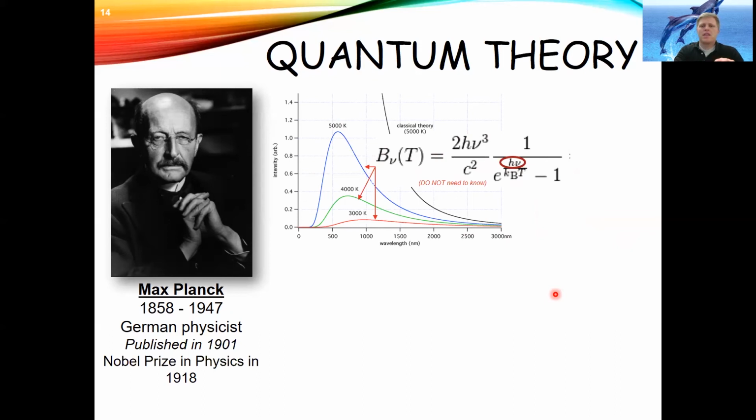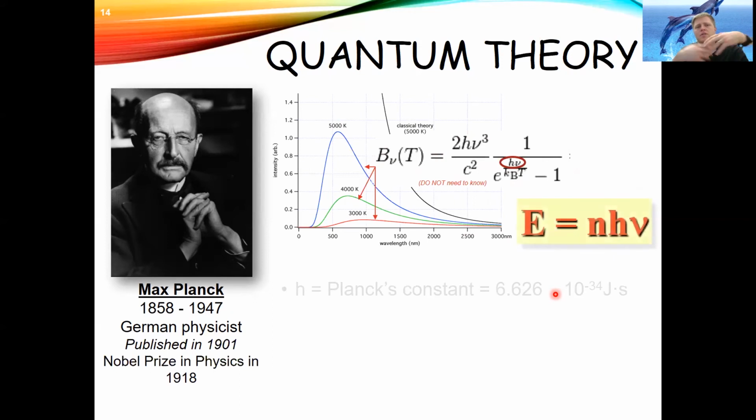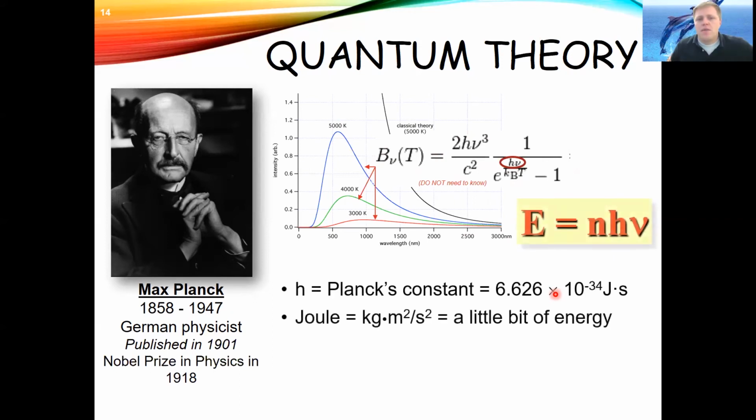So Planck then was able to throw out to the scientific world a new way of describing the energy that was being absorbed by matter. And he said that the energy absorbed by matter was equal to n h nu. Nu, of course, is the frequency of the light being absorbed. H is a new constant that we call Planck's constant, and it's equal to 6.626 times 10 to the negative 34